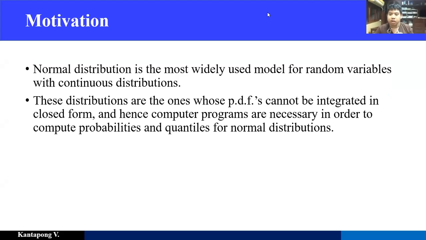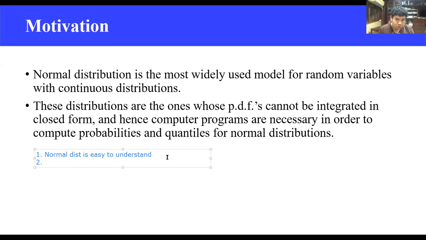It is an intuitive distribution, unlike, let's say, the gamma or the beta, which we will talk about later, which are harder to understand. Okay, so the first reason is that the normal distribution is easy to understand, in my opinion, in contrast to the beta or the gamma distribution that you will see in the next few videos. Okay, and the second reason is that everything converges to normal.